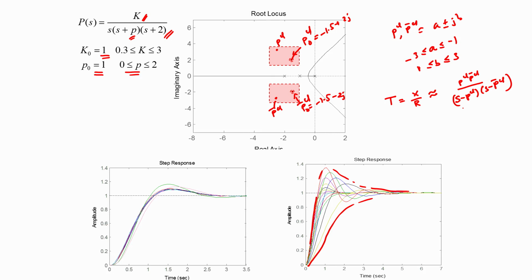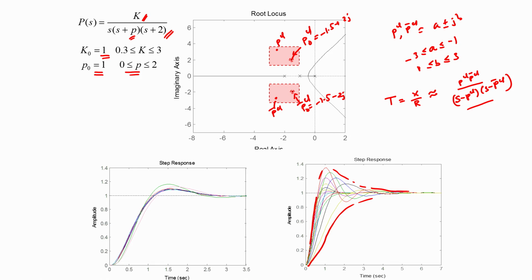In practice, however, I want to underscore the fact that the overall transmission function will have other terms in addition to PCL and PCL bar, and the number of poles and zeros it would have is dependent on the order of the plant as well as the order of the controller. But what we are claiming here is that whatever order we might have for the controller or for the plant, it has a pair of dominant poles, and therefore it can be approximated as a second order system whose poles are at PCL and PCL bar. The exact locations of PCL and PCL bar, however, can vary.